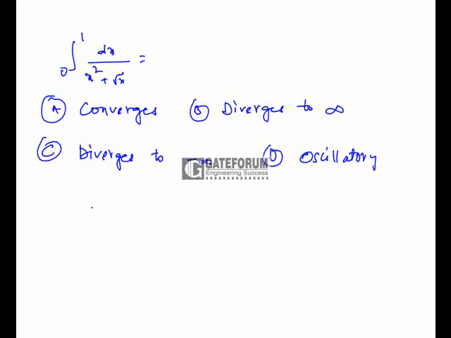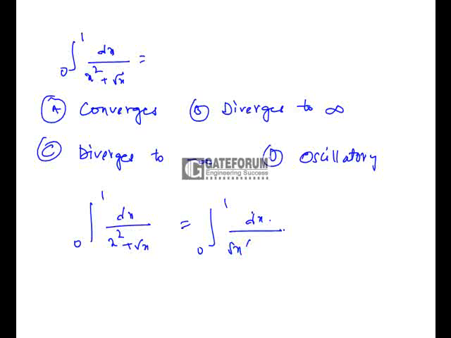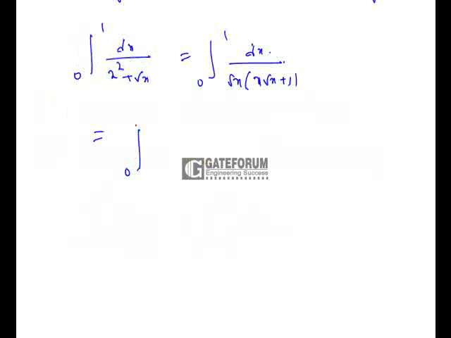We have to find whether the integral from 0 to 1 of dx by (x square plus root x) converges or diverges, or whether it is oscillatory. We can write this as the integral from 0 to 1 of dx by, I'll take root x common. If I take root x common, it will be root x times (x root x plus 1), and this can be written as the integral from 0 to 1 of